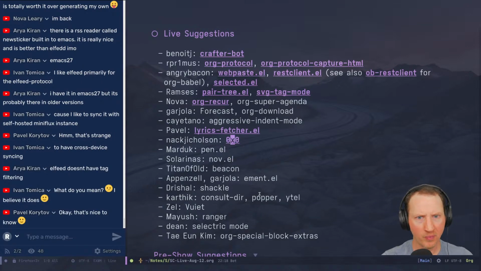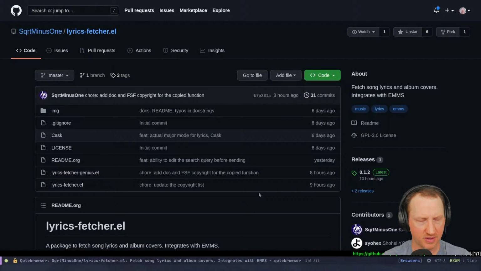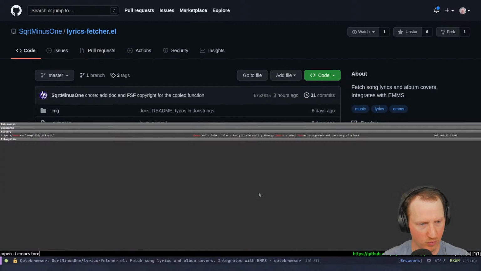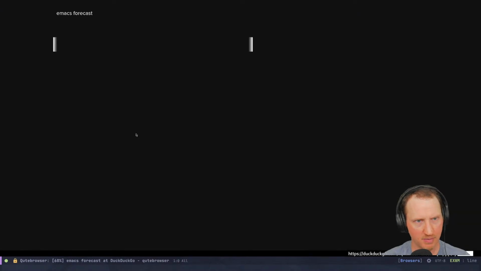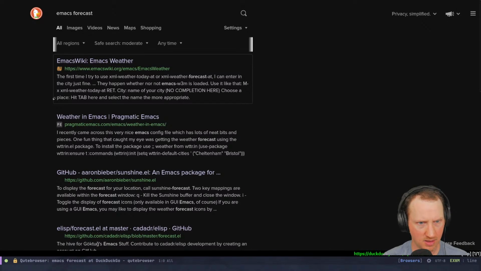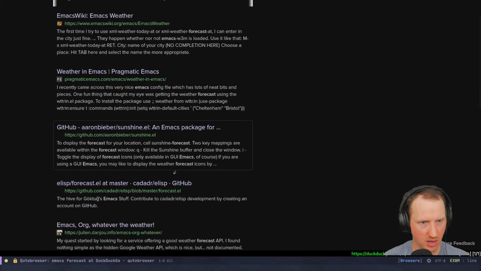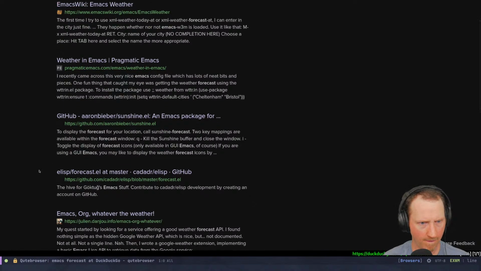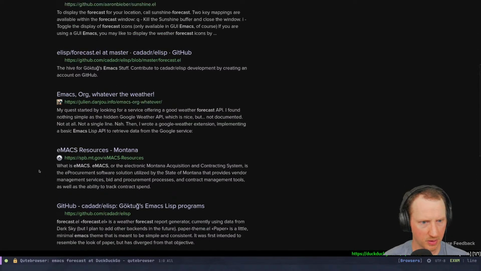Okay, so Garjola says forecast. Let me check on Emacs forecast. I believe someone said that it might be getting deprecated. So there's one called sunshine.el, which also might be similar.